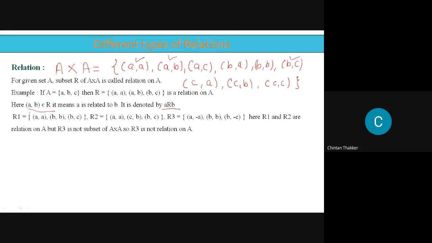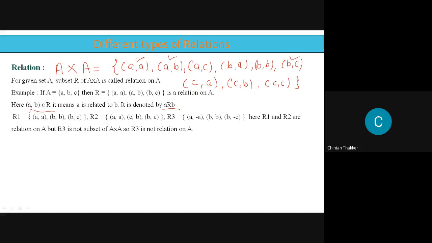नीलेश, सभी एलिमेंट नहीं आने चाहिए, सिर्फ सबसेट होना चाहिए, A cross A का सबसेट। तो सबसेट तभी होगा जब जितने उसके एलिमेंट हैं वो सारे A cross A में होने चाहिए। ओके, यहाँ पे R1 और R2, इन तीनों में जितने भी एलिमेंट्स हैं वो सारे A cross A में हैं। तो ये तीनों R सबसेट ऑफ A cross A हैं।